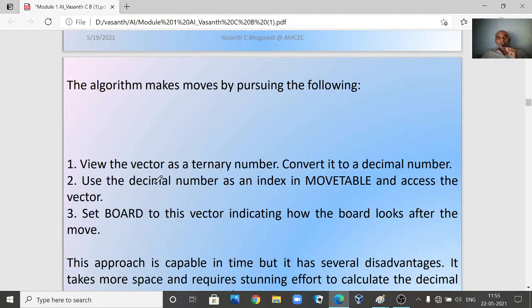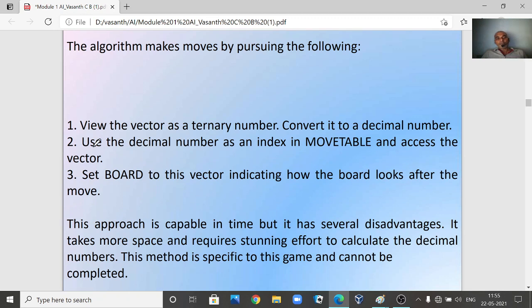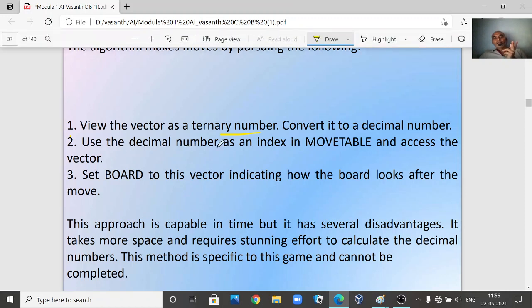Now let us look into the algorithm. What does the algorithm say? The first point, step 1, view the vector as a ternary number. So 3 numbers are there. You are going to consider the vector as a ternary number and convert it into a decimal number. Now we convert the ternary number into a decimal number and use the decimal number as an index into the move table.